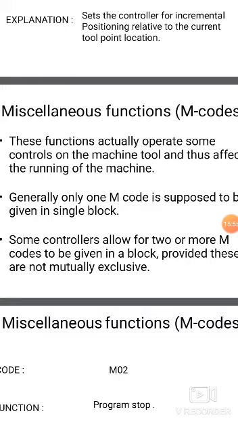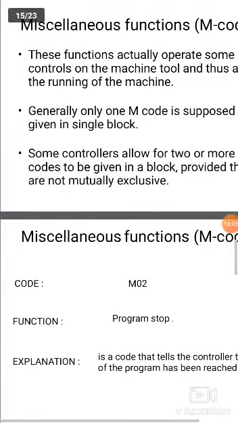So it specifies the miscellaneous or auxiliary function which may be available on the machine tool, for example, M00. M00 indicates program start. Next, M02. What does it do? M02 indicates end of the program.